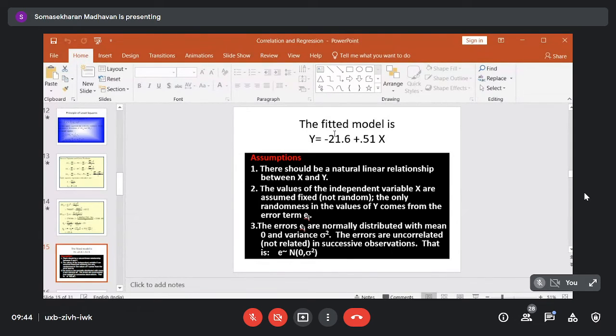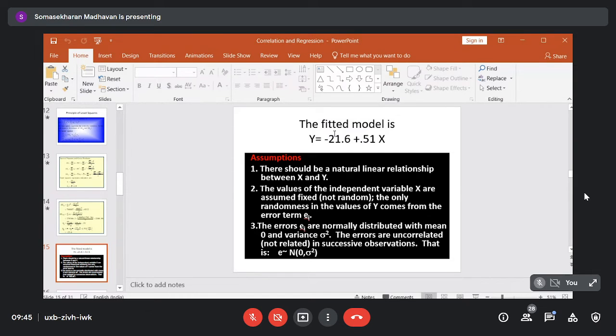So in order to predict the dependent variable, it will be better to use the exact model. Exact model means the higher order model. But the problem is, if you choose a higher order model, the physical interpretation will be difficult. Okay. So in this simple linear regression model, you can easily interpret the values of the parameters. One value, that is the slope, is the rate of change of y with respect to x. The other value is the value of y when x is equal to 0, the corresponding value at the origin.